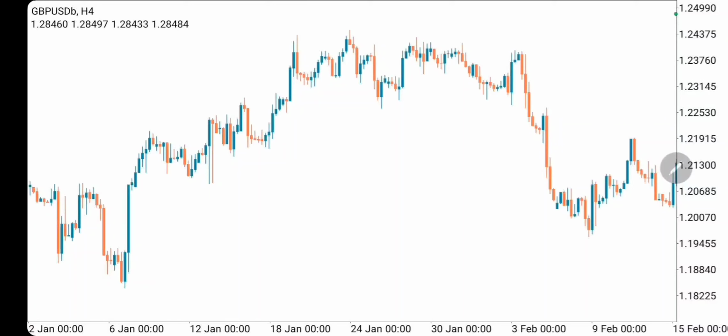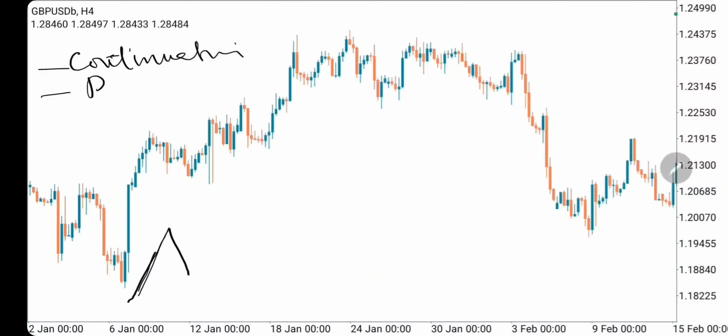You have the market moving like this, creating higher highs and higher lows. So the market moves in this form, and I told you the market does continuation and retracement. Retracement is just a pullback. The market moves in this form, does a pullback. This is continuation, pullback. The market now breaks.